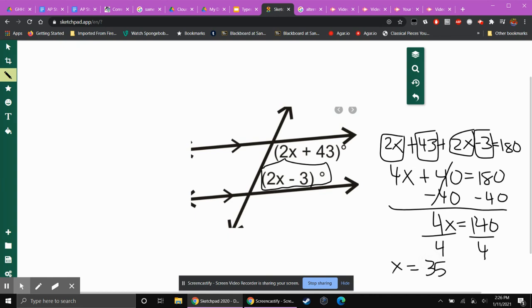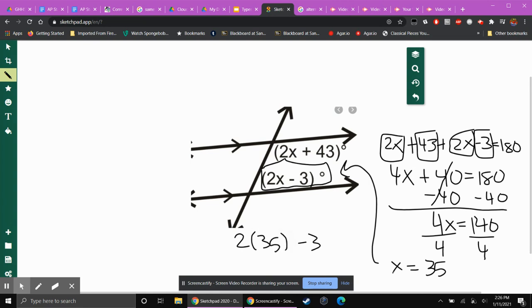And like I said, this is not our answer here, right? This is just our unknown x value in order for us to know what this angle measure here is. So now that we know that x is equal to 35, we can now plug that in. Right, so 2 times 35